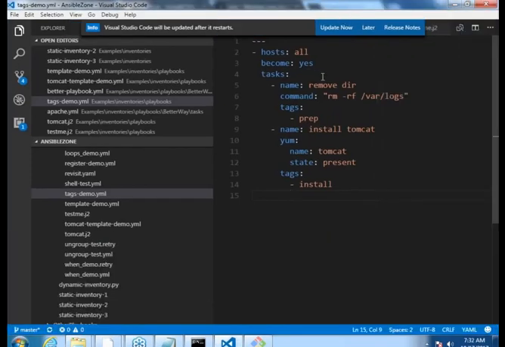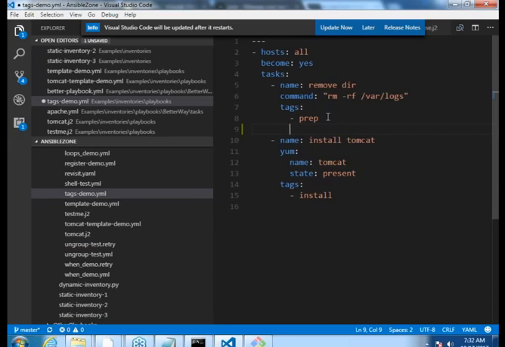Okay. For example, yesterday we wrote the Tomcat installation. Okay. So let us assume that I want to create a user called Tomcat now. So what is it that I would start with? I would go into the tasks. I would start at the same position. Am I at the same column? Yes. Name: Create Tomcat user.